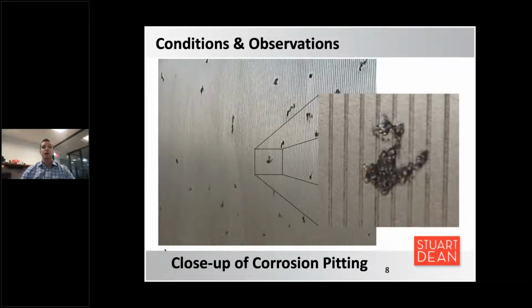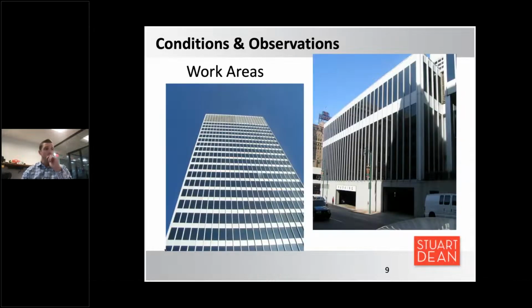So the key is to make sure that the anodized aluminum is being maintained in a proper way so that this doesn't occur. Because at this point, you're at a point of replacement or refurbishment in the field, which is neither one a very cost-effective solution. So what I want to show here is a very small case study of what happens,